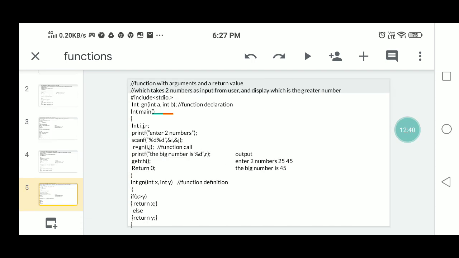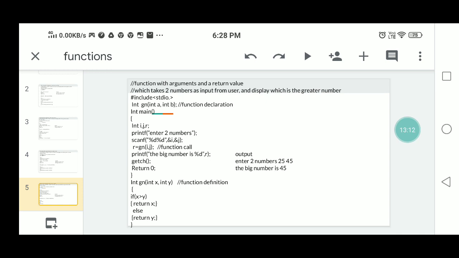Then next, the fourth one, function with arguments and with a return value. That means with arguments with return value. It takes the arguments from actual parameters, receiving the values, and when it checks which is greatest, then the higher one will be returned to the main.